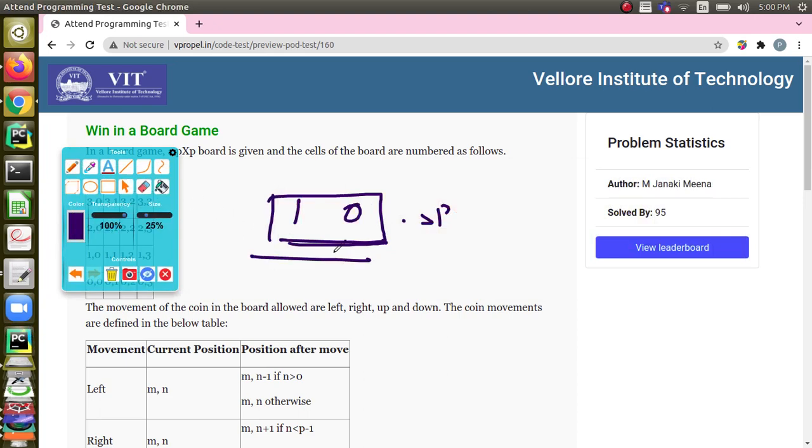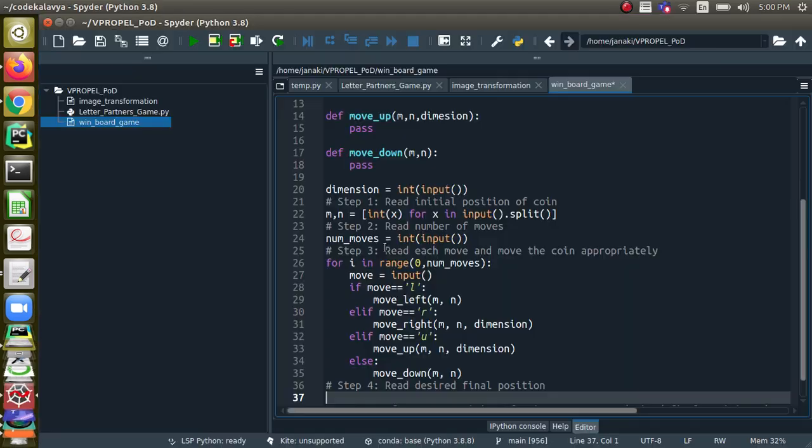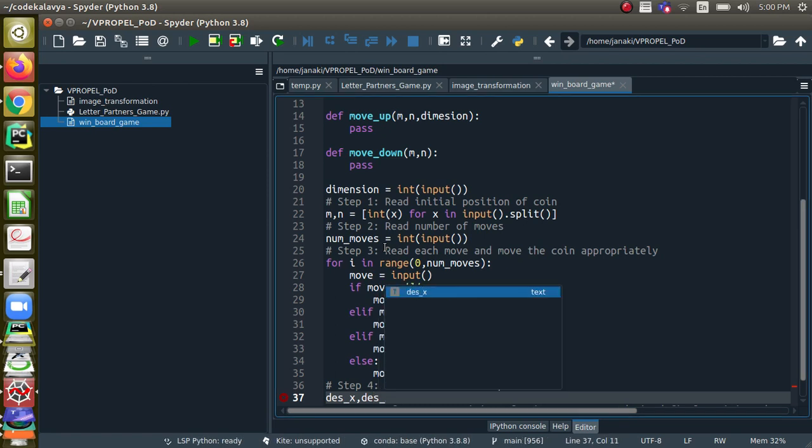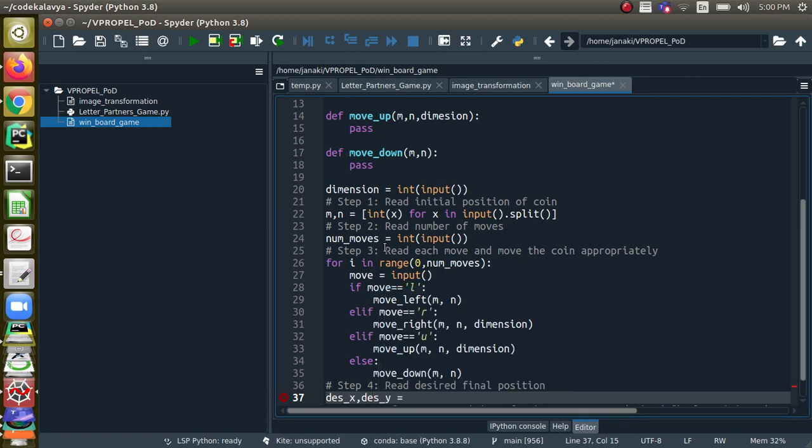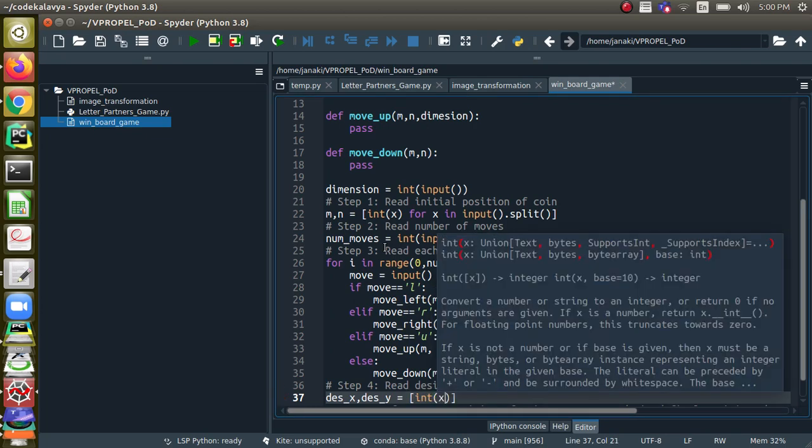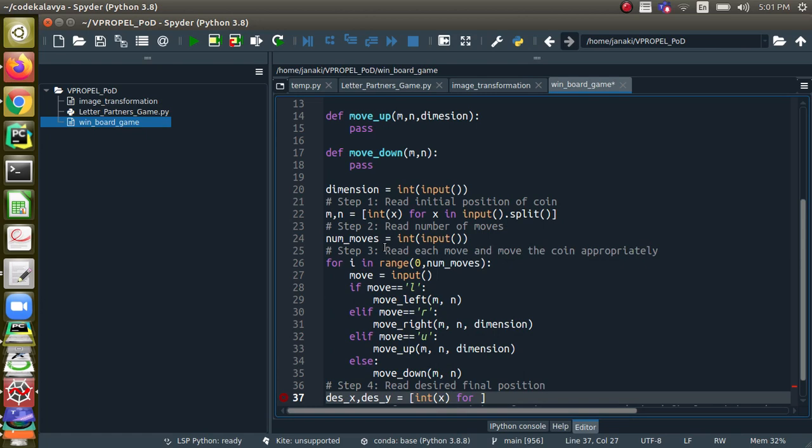So we have to repeat once again the same thing. So let me tell desired x comma desired y equal to int of x for x in input dot split.